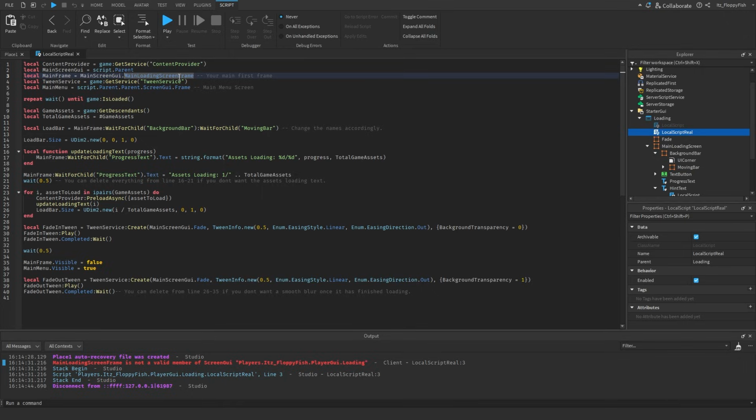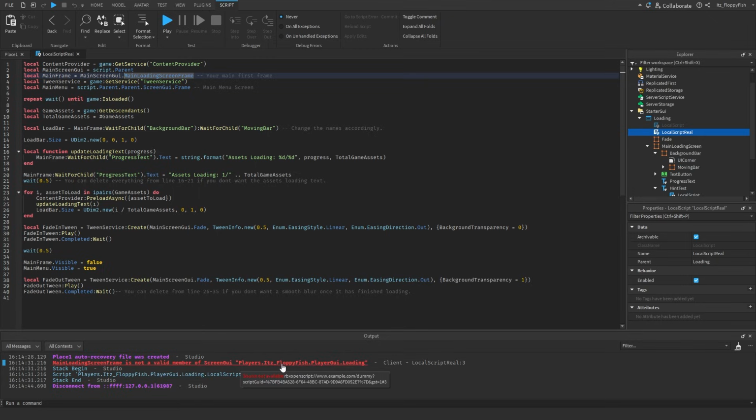Now, something else I wanted to point out, just as I went to test it, it gave me an error and nothing was working. The reason for this is simply because we're using a loading screen, and not everything has fully loaded into the game yet. So this script ran trying to find our main loading screen, which had not loaded in yet, causing an error here. So what we need to do in this example, when it says main loading screen frame, and this is also something that I should have picked up when I was first writing the code, but it's also good for you guys to know, but when it says main loading screen frame